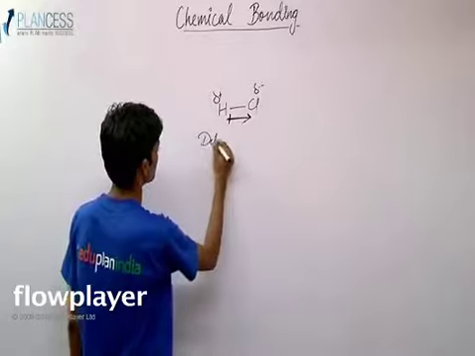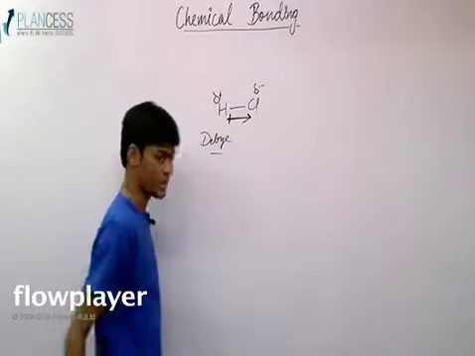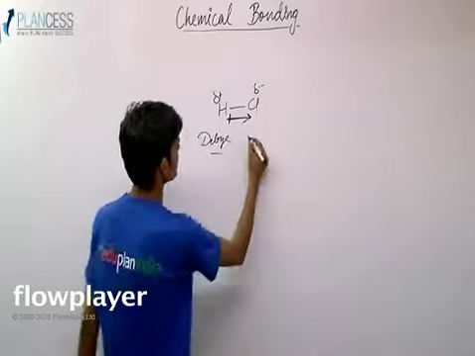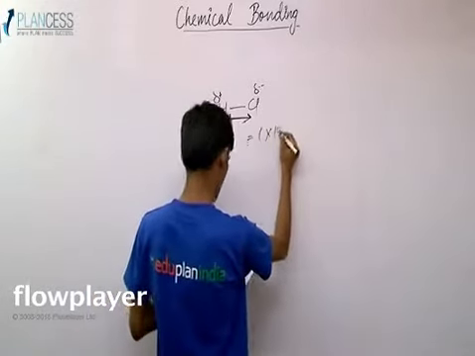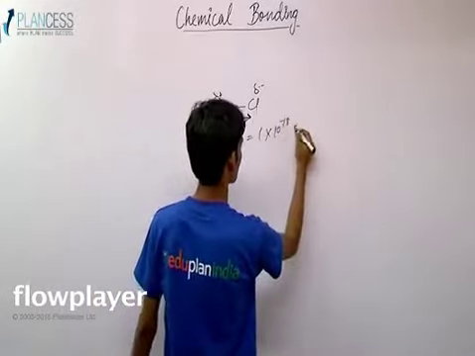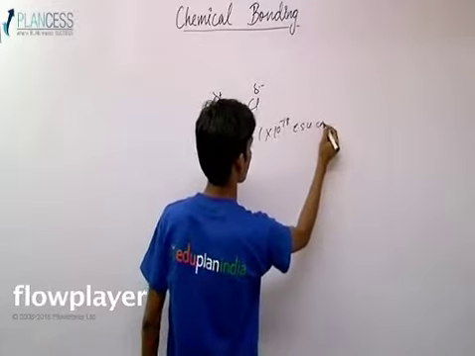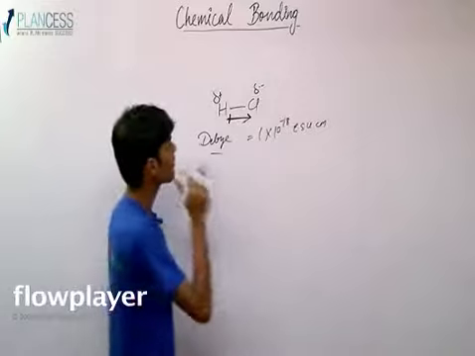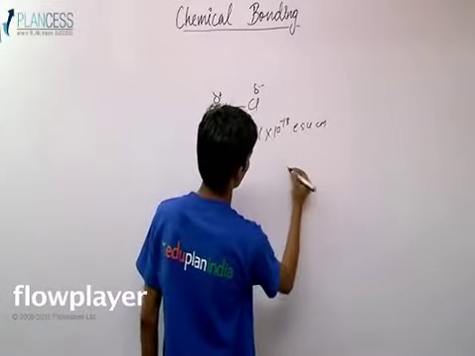The standard unit of dipole moment is debye, and 1 debye is equal to 1 into 10 raised to the power minus 18 ESU centimeter. So this is for the debye. And let's say there is one dipole something like this,